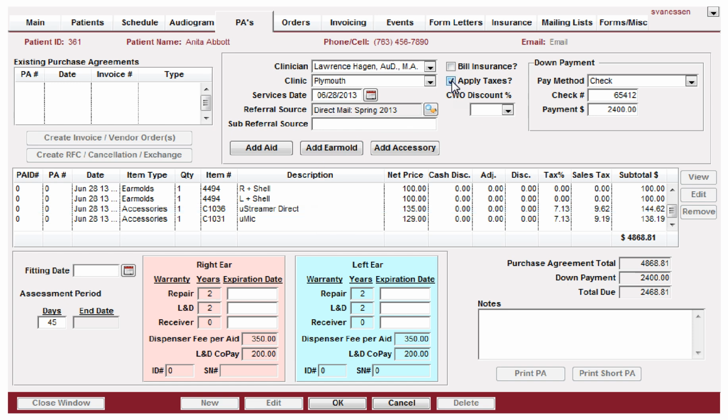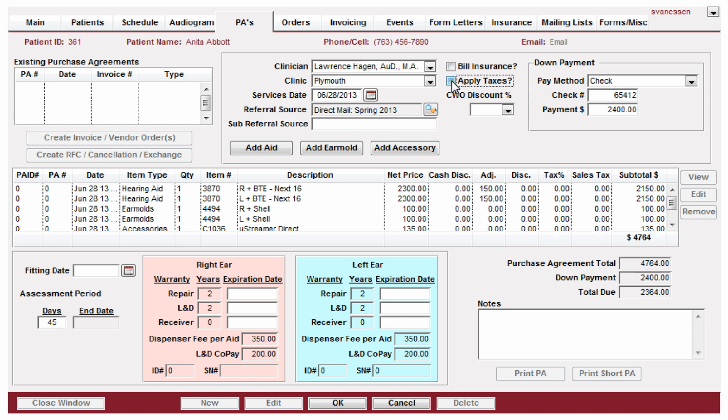If this was ever a situation where you did not want to charge sales tax, then you can just go ahead and deselect the apply taxes, and the system will undo the taxes that are going to be assessed. Okay. The system will not calculate sales tax on any product that you haven't deemed taxable. So in this case, we have ear molds not being assessed a tax. So your apply taxes checkbox can just be used as a way to handle tax exempt situations. For the most part, you don't even really need to think about